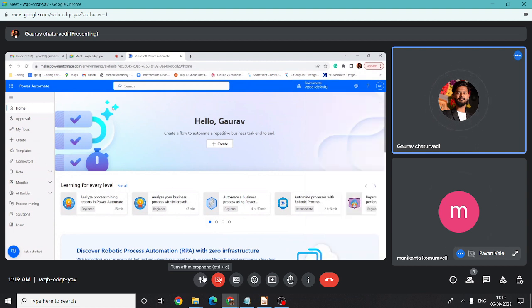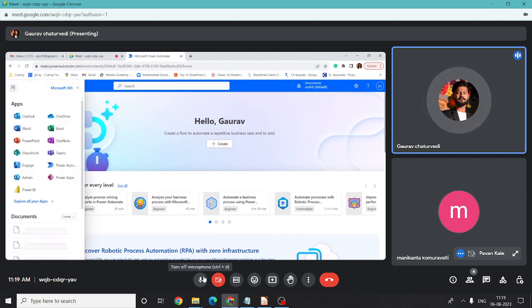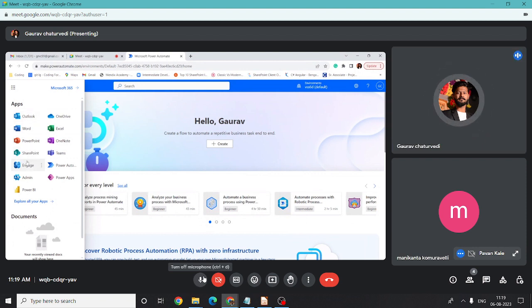So this is the Power Automate homepage. This is the launcher. In the launcher, you can see these are all Microsoft products. This will come with the developer subscription, and I can utilize anything from here free of cost up to 90 days once I subscribe to it. If I go to the Power Apps,